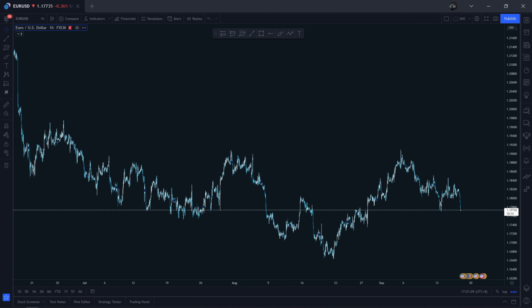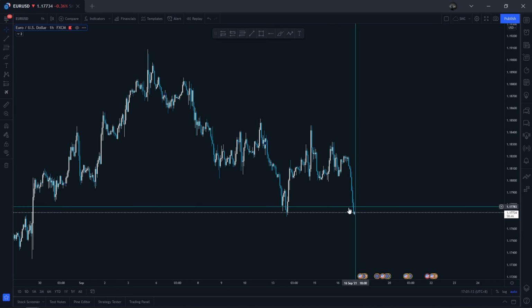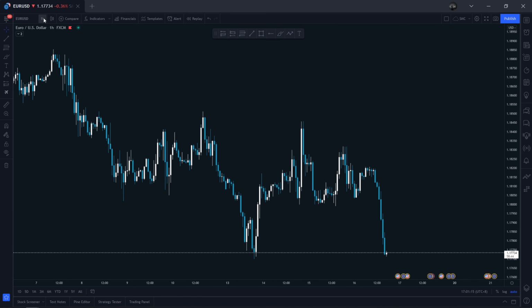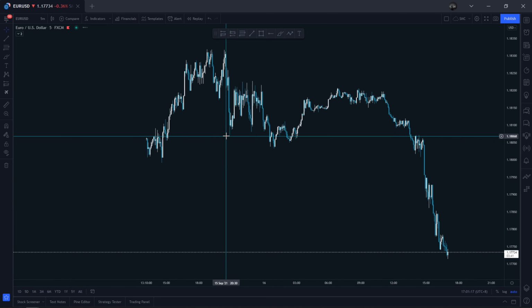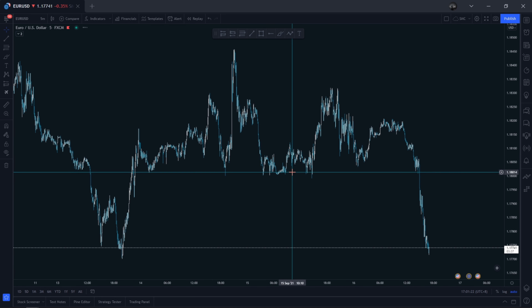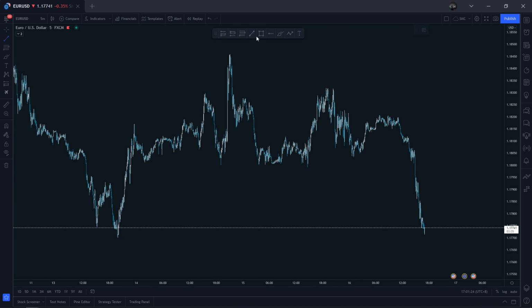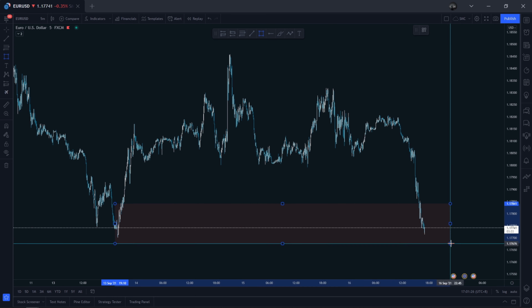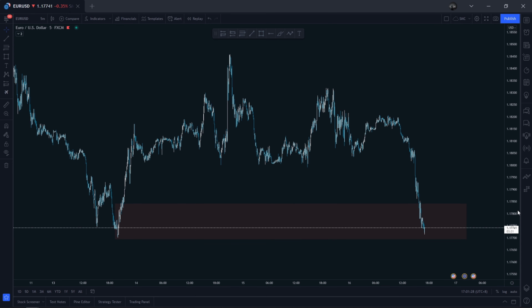Now basically most of the people here already saw how I trade. How I trade is I use Wyckoff as confirmation. So what does that mean? Let's just say I see an order block here, this huge order block zone. Then